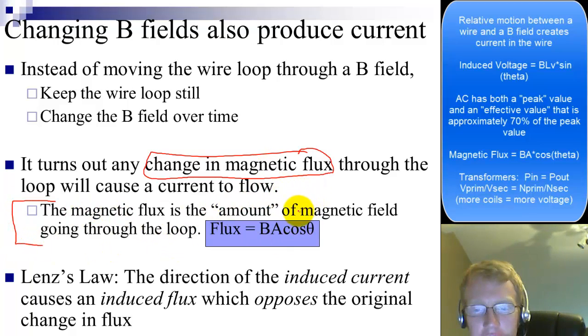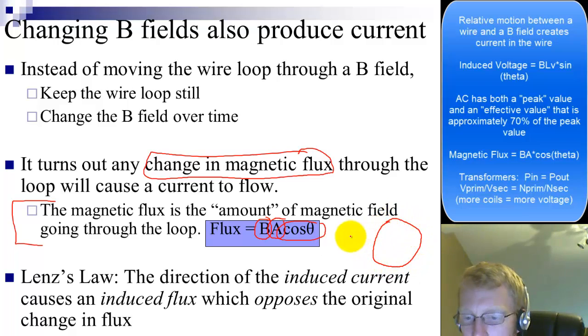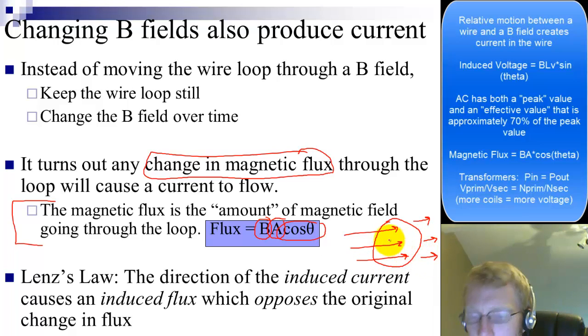And the magnetic flux is the amount of magnetic field lines going through a given loop. So that has to do with the strength of the magnetic field times the area of the loop times the orientation. So for example, if you have a loop like this and you have magnetic field lines going through it, you can see that if you make the loop area bigger, more lines can go through. If you increase the strength of the magnetic field, that will be creating more magnetic field lines, then obviously more